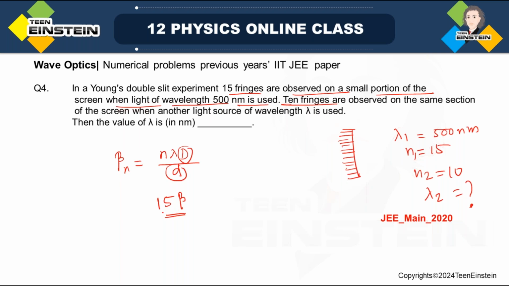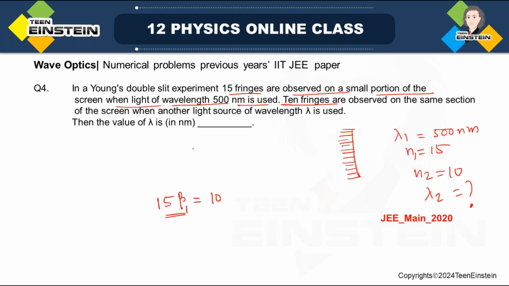Beta means just a single one, the width of any one of the fringes is beta, say. So 15 into beta is equal to 10 into, suppose this is beta 1,